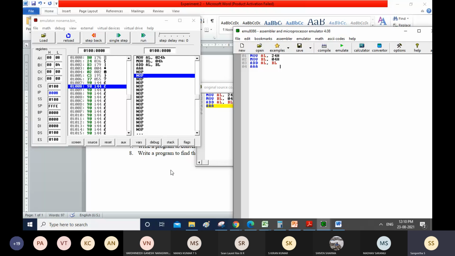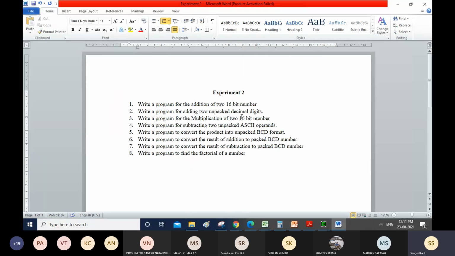The second program is to add two unpacked decimal digits. The third program is a multiplication program; this is simple, you can use the MUL instruction. For the fourth one, write a program for subtracting two unpacked ASCII operands.